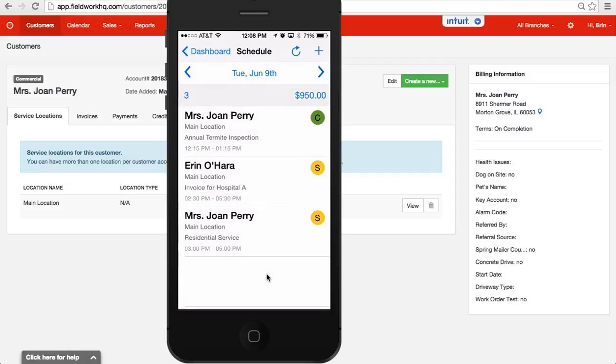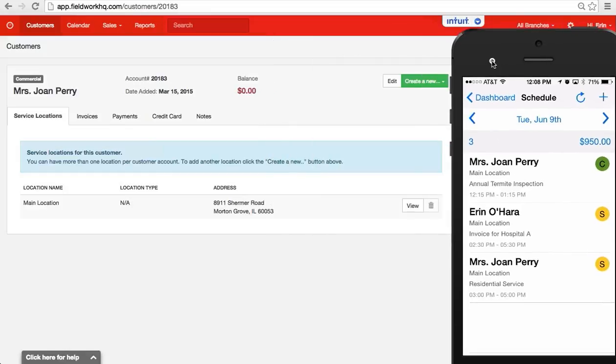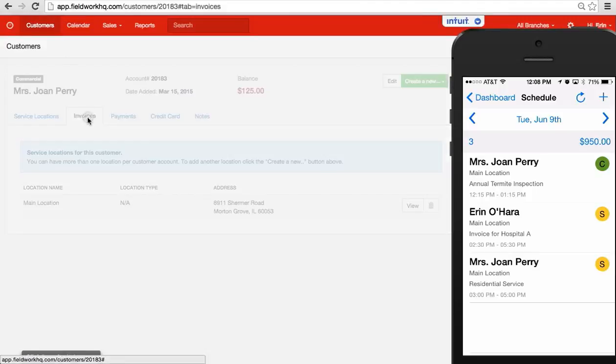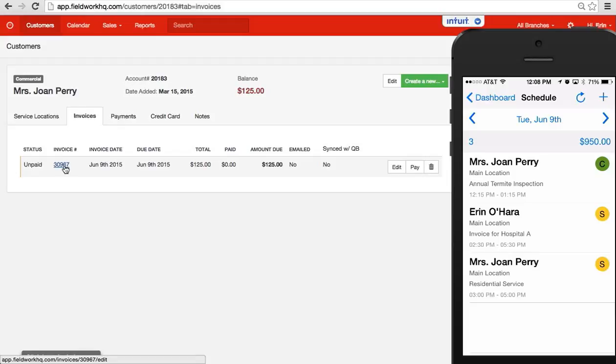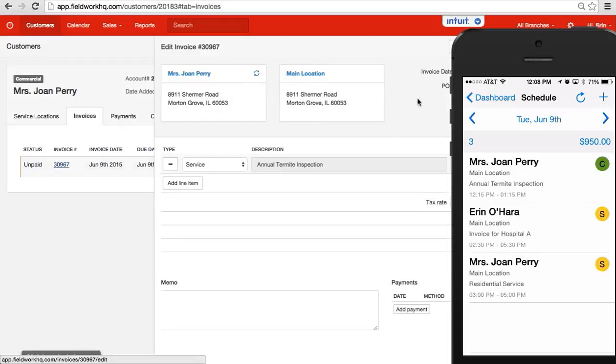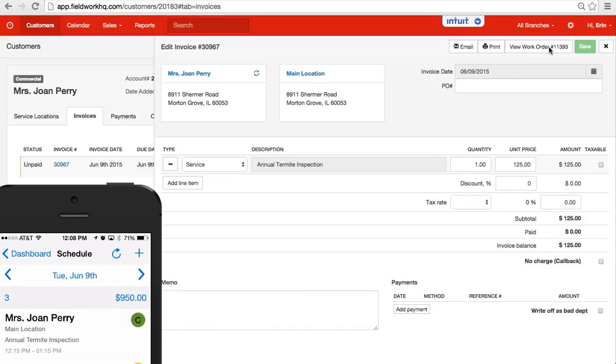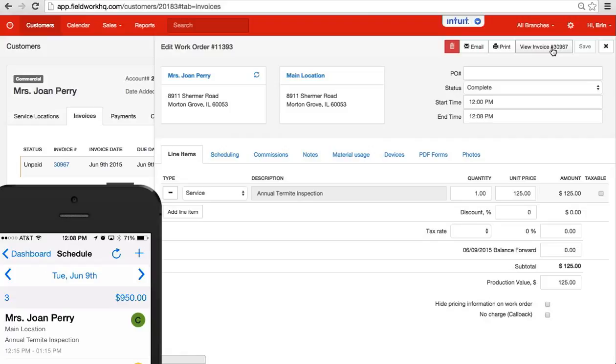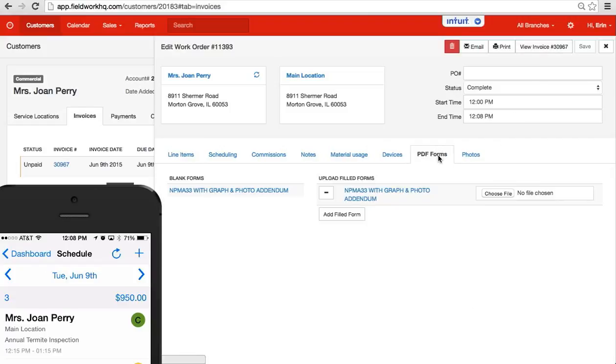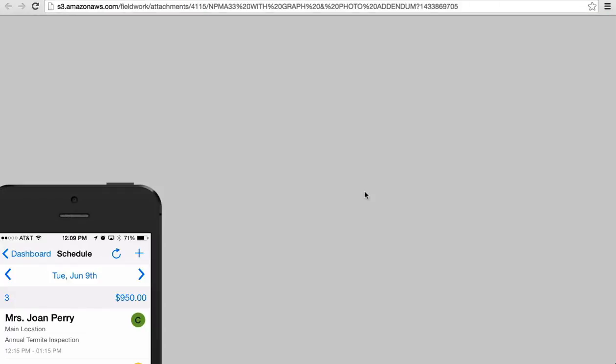And now that's completed, I can move this over and show you how it has been updated in the system. So if I go to invoices, this is the current invoice, and I'll move this out of the way. This is the annual termite inspection. I'll view the work order to see the details, and PDF forms. So this is the uploaded filled forms. Blank forms are here. So if I would like to view, and this is obviously transferred in real time, so